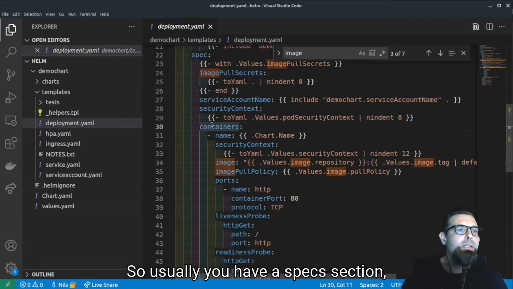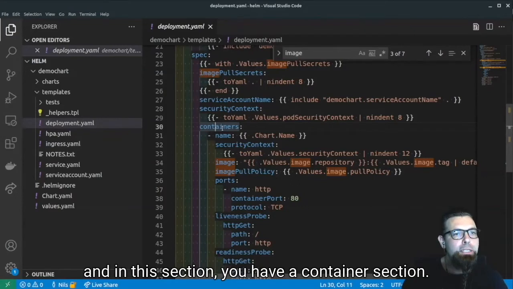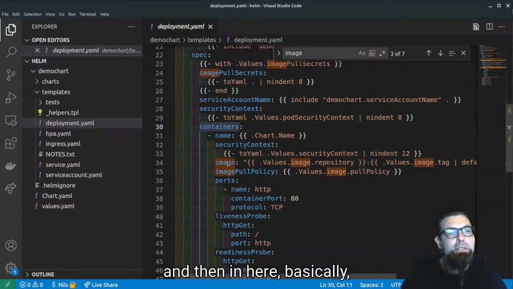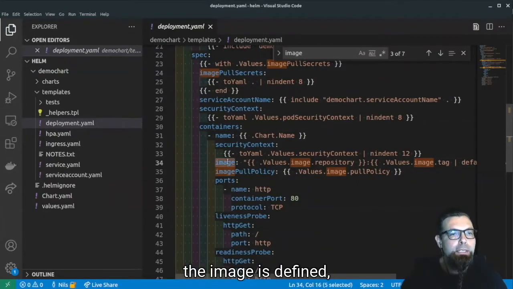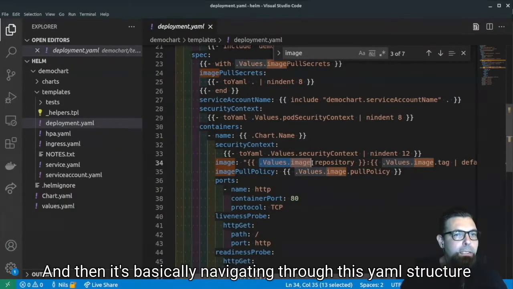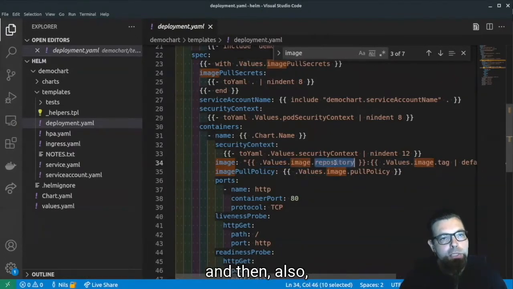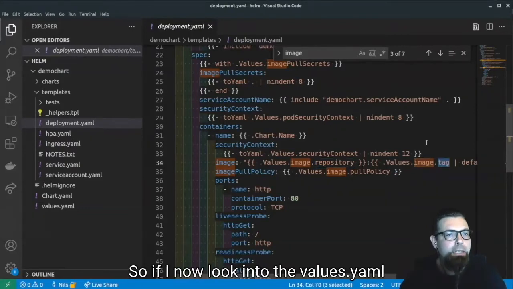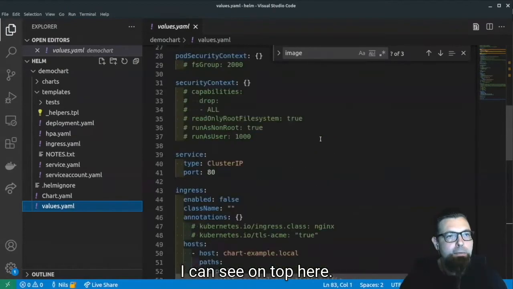Usually you have a specs section, and in the specs section you have a containers section, if you're looking at a deployment YAML for Kubernetes. And in here the image is defined, and the image is actually being pulled from the values file. It's navigating through this YAML structure to image and repository, and the tag is taken from image and tag. So if I now look into the values YAML, I can see on top here